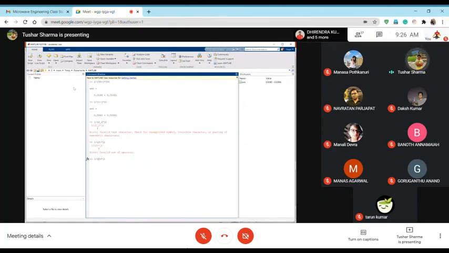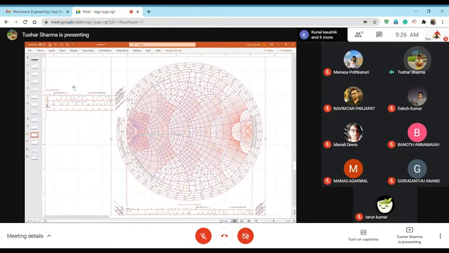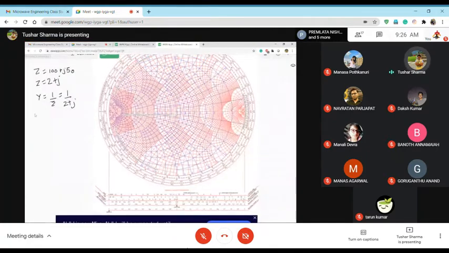Okay, 1 divided by 1 plus 2J. So this is 0.2 minus 0.4J. Okay. So let me say Y is equal to,